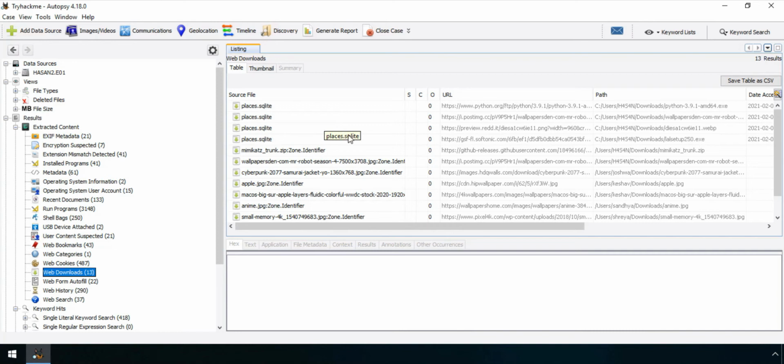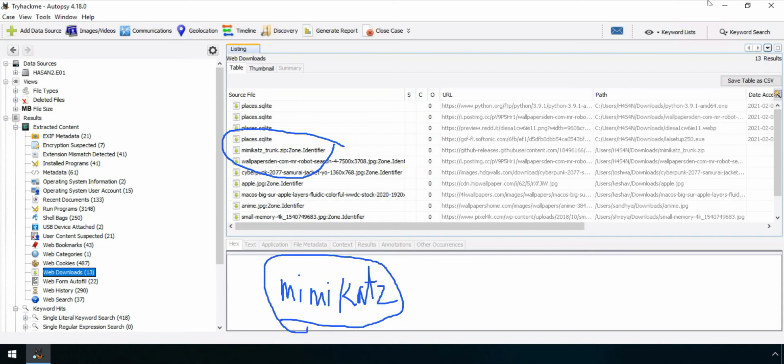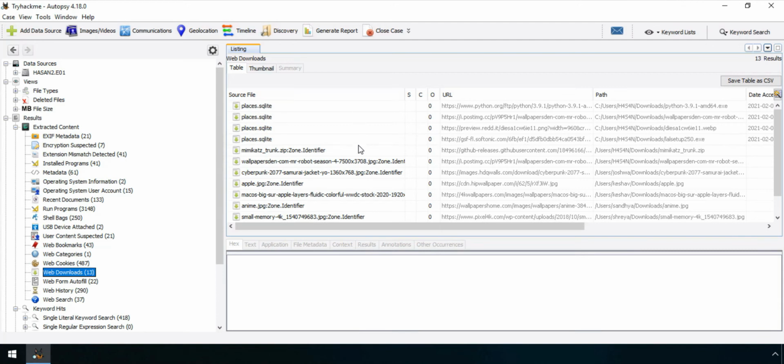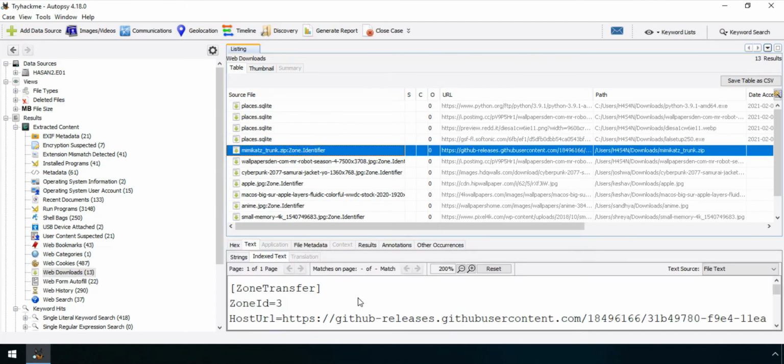Web downloads. I have gone into the web downloads, and here I see a potential password cracking tool, which you can see is Mimikatz. It is actually a famous password cracking tool which is available on GitHub. You can actually install it.